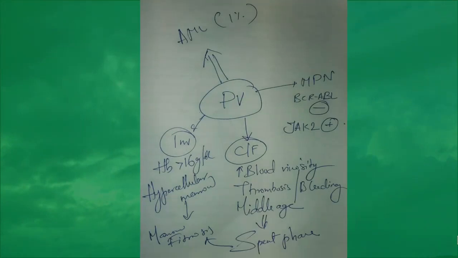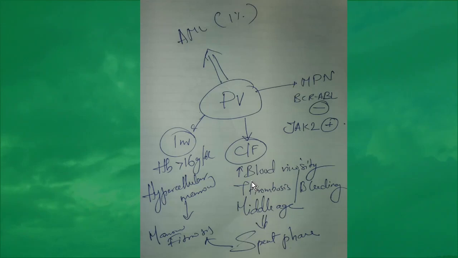Coming to the next entity, Polycythemia Vera. Again, it's a myeloproliferative neoplasm. BCR-ABL must be negative. JAK2 is positive in most cases. PV can present with increase in hemoglobin levels, which causes increased blood viscosity, and the platelets are also dysfunctional, or sometimes hyperfunctional. So it can cause thrombosis or bleeding,